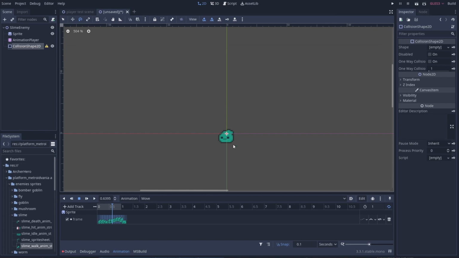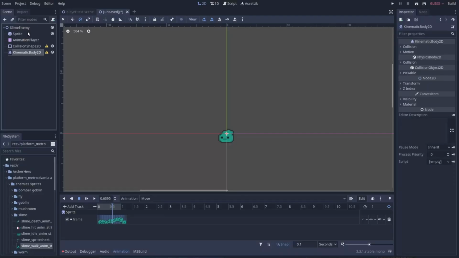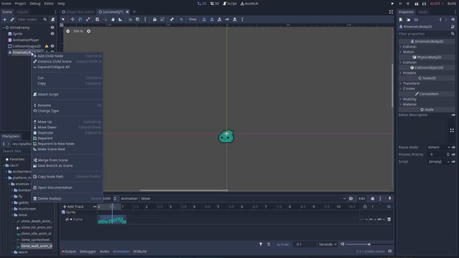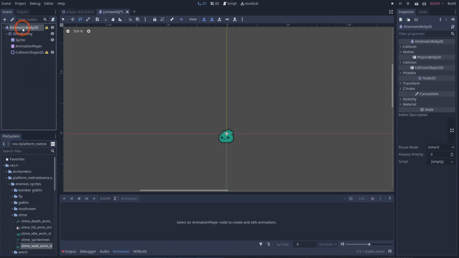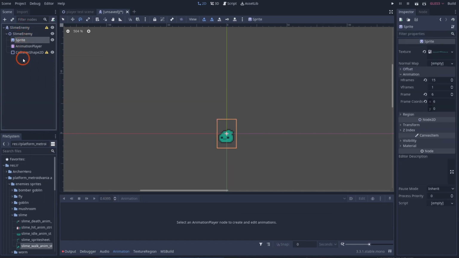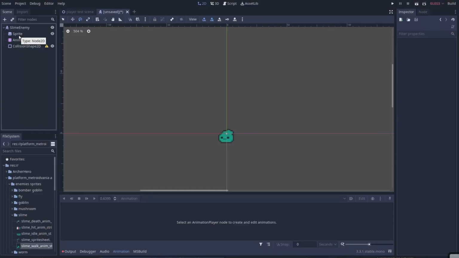We're going to be controlling this little guy through code, so we're going to want a kinematic body. So let's right click, add in a child node, KinematicBody2D, and right click this and make it the scene root. I'm going to copy the name and paste it, and actually I don't need that slime enemy section, so we'll get rid of that.